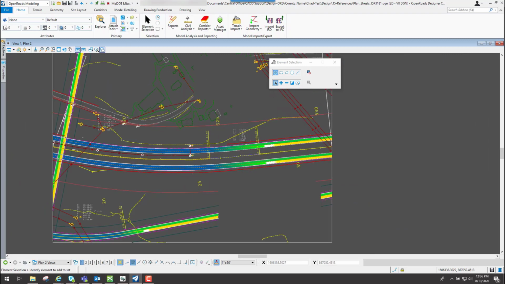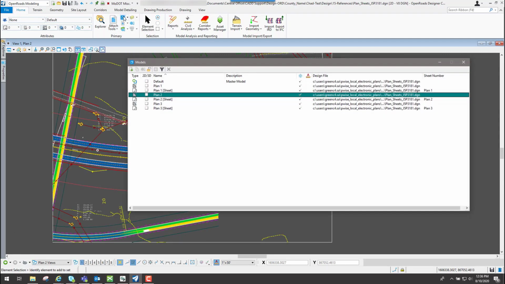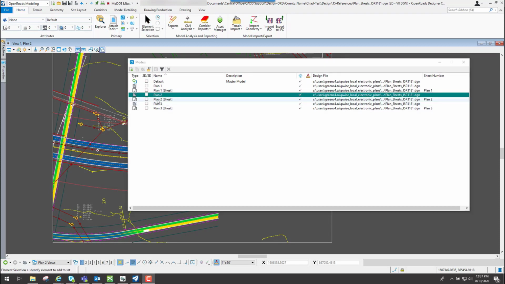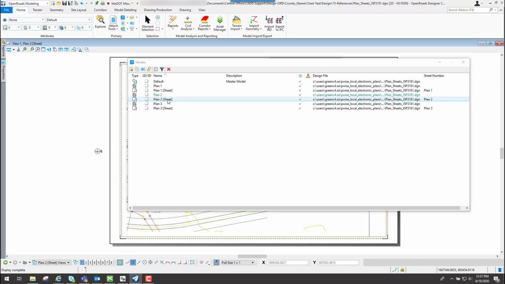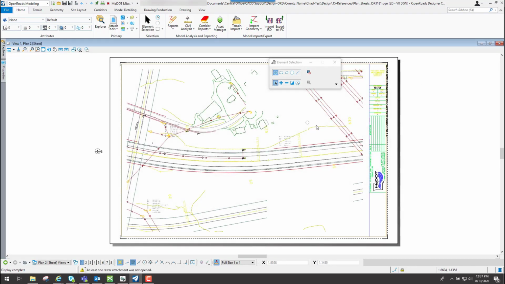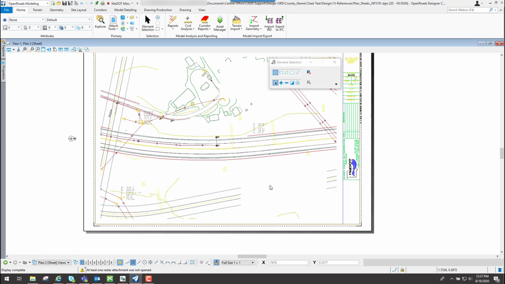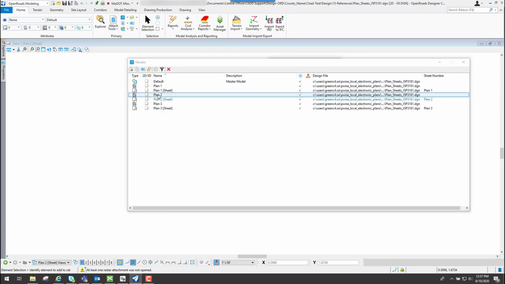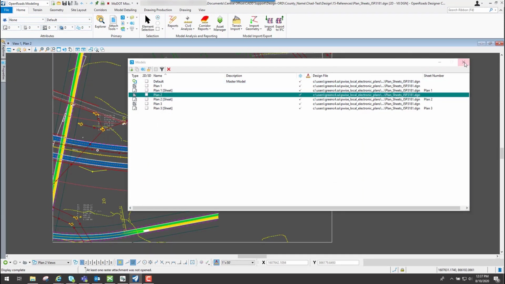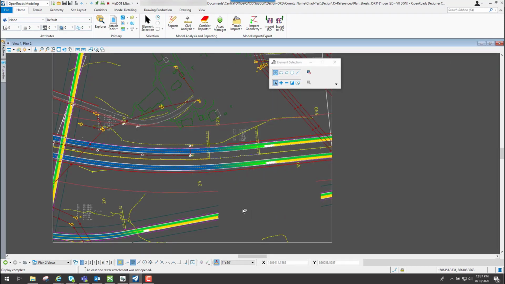So now if I go into my actual sheet model, go to the models, and this time I will go to plan 2, but I'll go to the actual sheet model. I'll go ahead and double left click to open it up. I can close it out, and you'll notice that that mask has been applied to that sheet model. So now I can come in here. Let's go back to the plan 2, which is the actual drawing model. And this is where I can come in here and maybe put in some text if I need to put in some text inside of this area. So that's the demonstration of how to apply and use a clip mask.